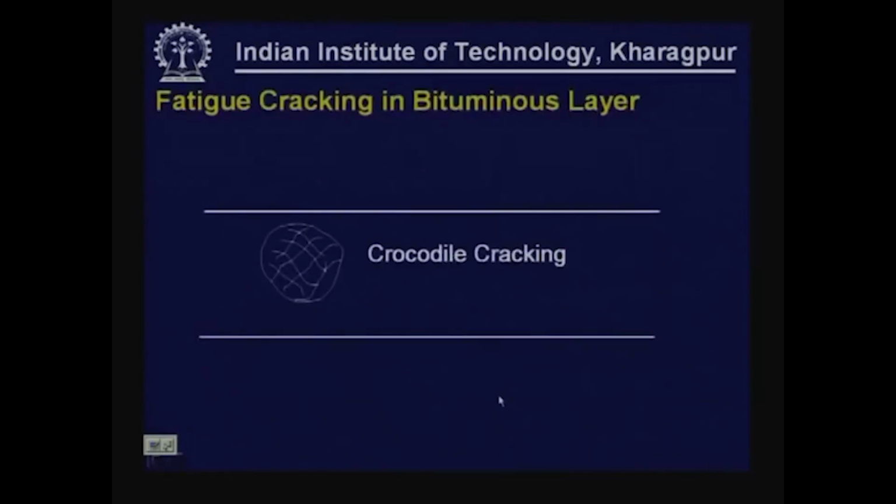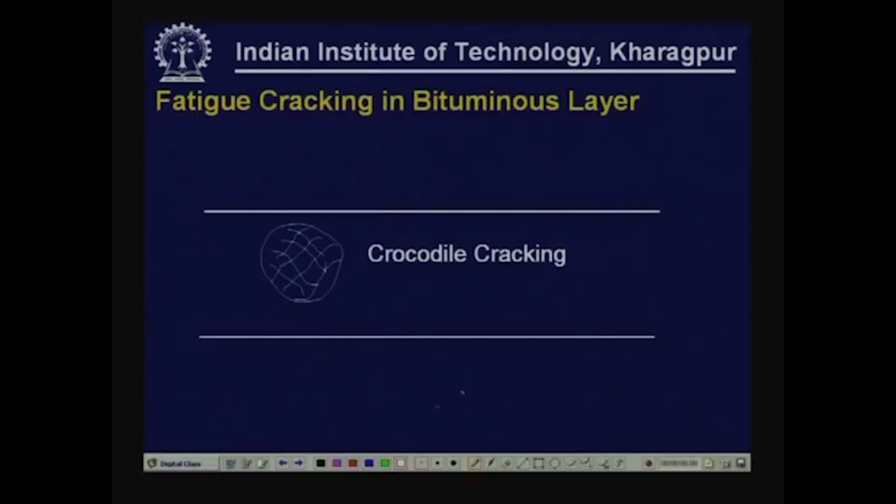This is another type of failure that is normally seen in bound layers. Since we consider bituminous bound layers, bituminous mixes, to be bound layers, they are susceptible to cracking because of repeated application of wheel loads. So, we see in this case cracking of this form,